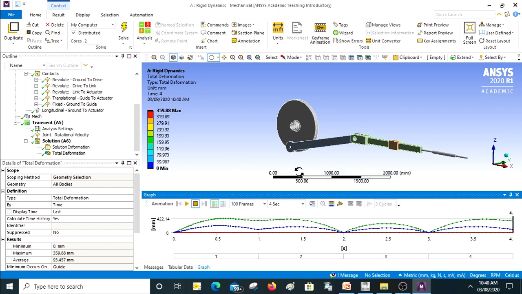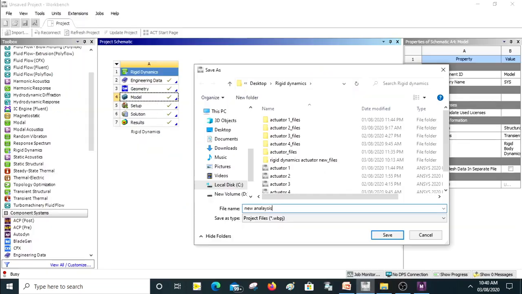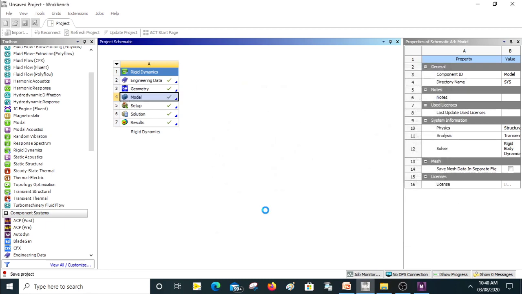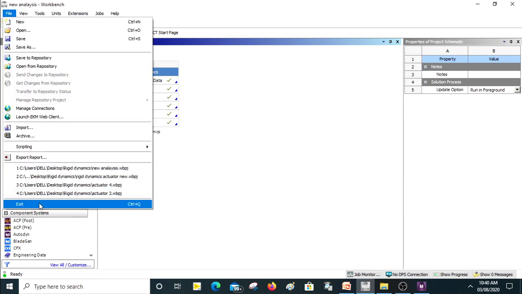So what I will do, here you see just beneath the 4 seconds you have an export video file option. I will just export it. I will give here a kinematics video new, and click on save. It takes some time to save. You can see here at the corner save project. The save process is basically on. Okay, it's saved. I will just exit this.